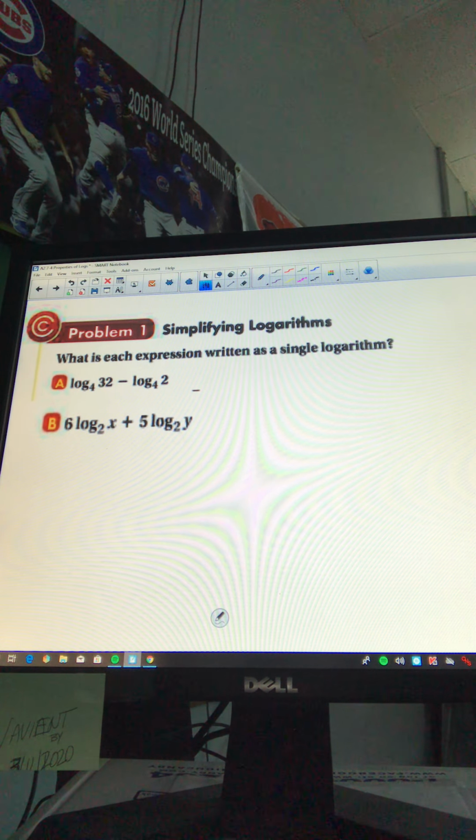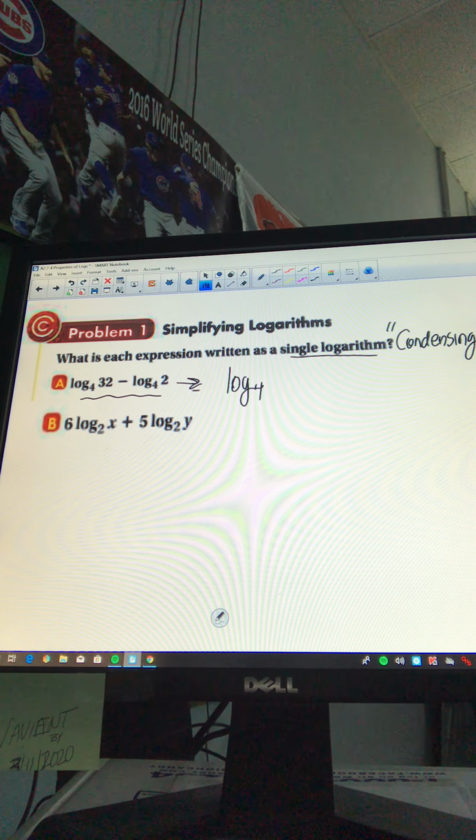Okay, so let's do an example here. Okay? If we want to write that now as a single logarithm, we're doing what's called condensing. So before we were expanding, in other words, we were stretching it out, and now we're condensing. Okay? So we've got, this would become right here, problem A,